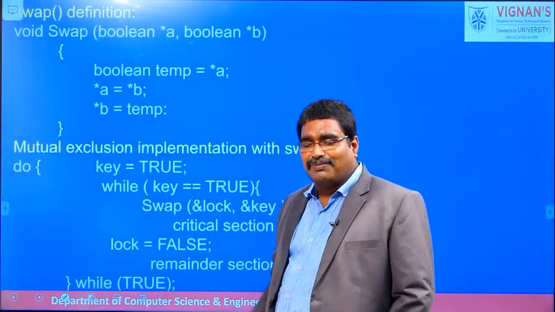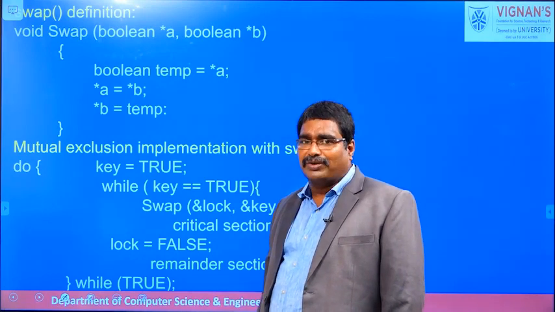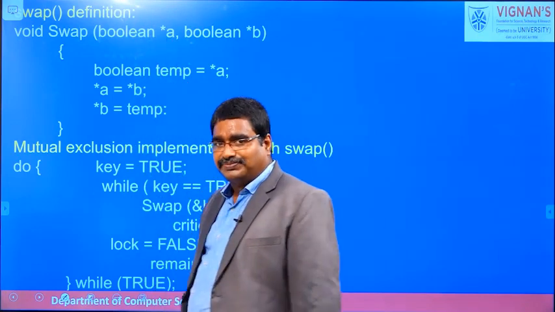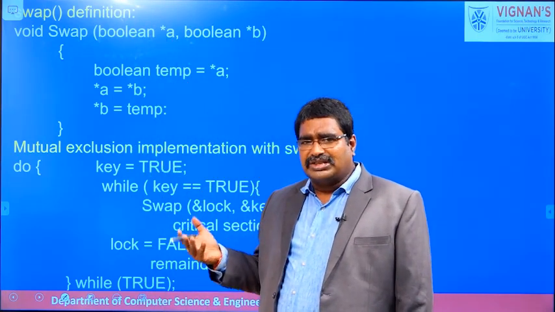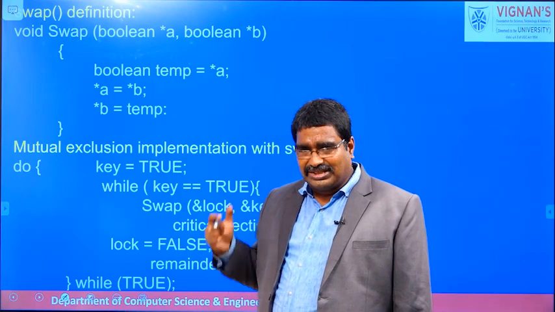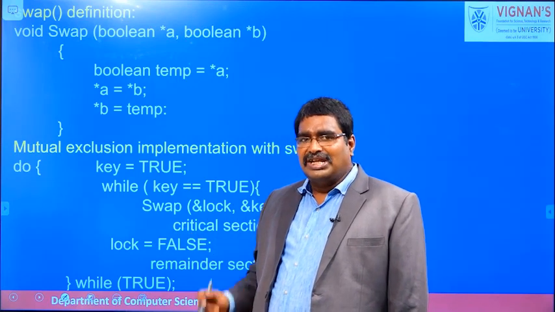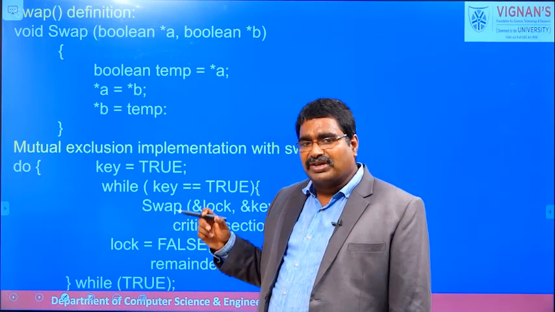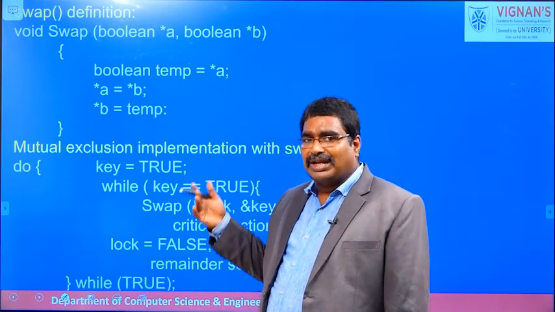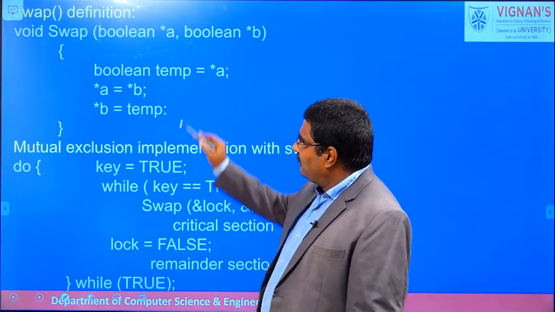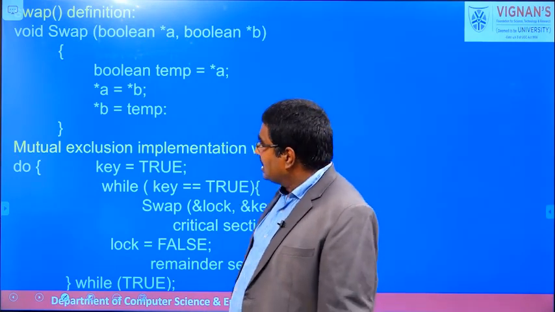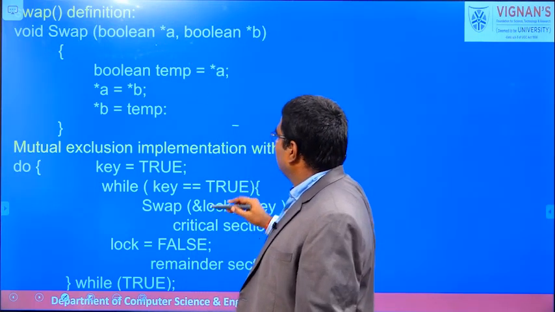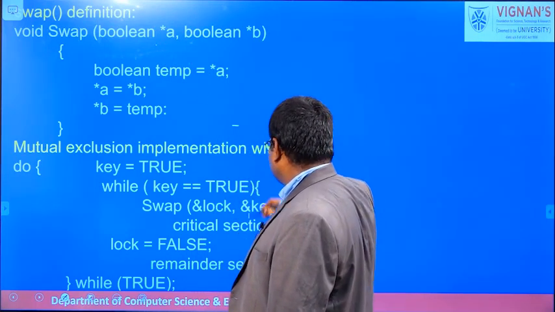Now we try to discuss the second function supported by the hardware for synchronization purposes, that is nothing but the swap function. We are widely using the swap function from the first year onward. What is the meaning of the swap function? It simply exchanges the values of the parameters. But what is the difference between the swap function in first year C programming and here, in the operating system? The swap hardware synchronization construct simply exchanges Boolean values.